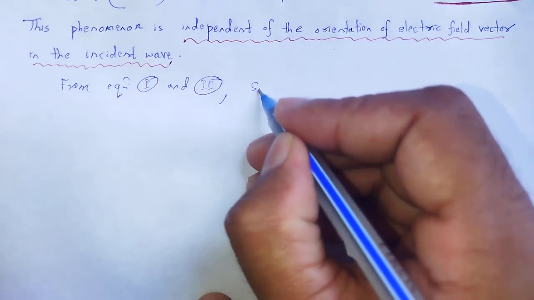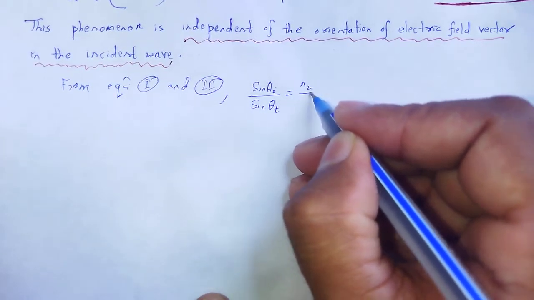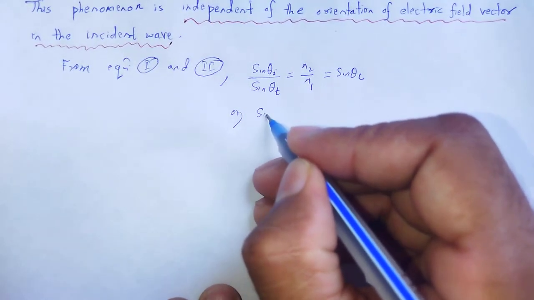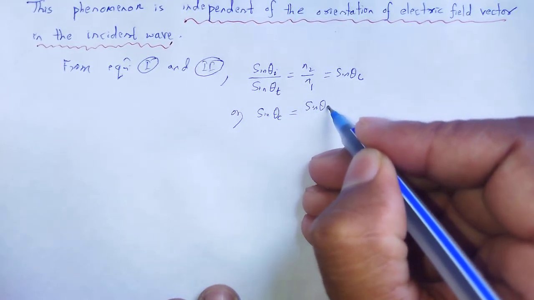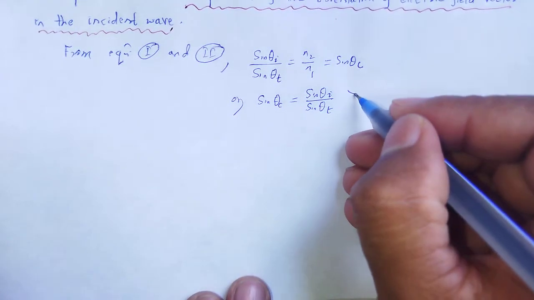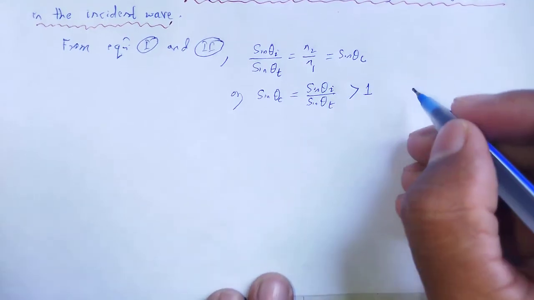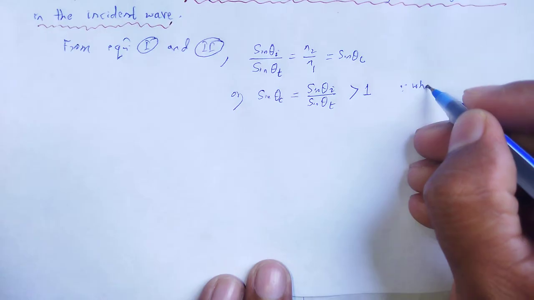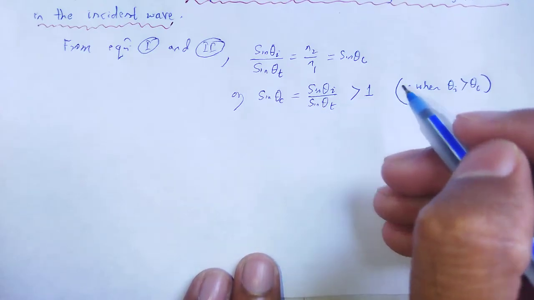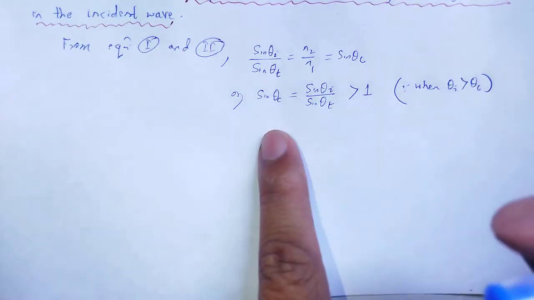From equation 1 and equation 2, you can notice that sin theta I divided by sin theta t is equal to n2 by n1, which is equal to sin of theta c. Means sin of theta c is equal to sin theta I divided by sin theta t, which is nothing but n2 by n1, that is greater than 1 when theta I is greater than theta c. What will be the maximum value of sin? The maximum value of sin is 1,